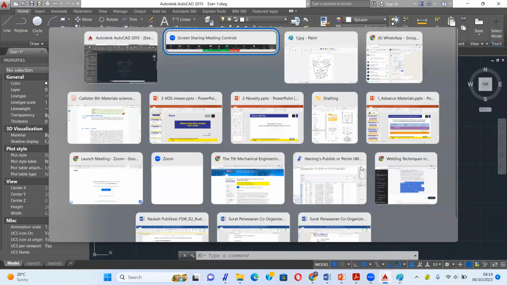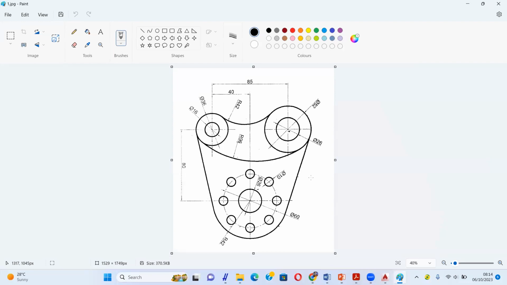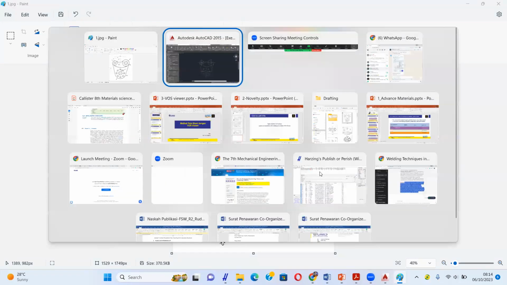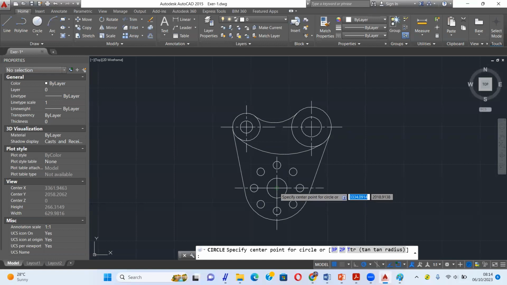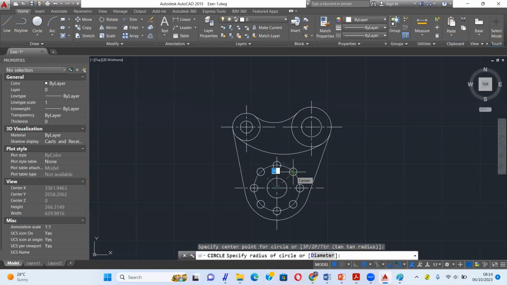Also, if you see the exercise, we will create a circle here. The circle, I think this one, with the diameter 60 millimeter. Okay, just create a circle from the center to here.